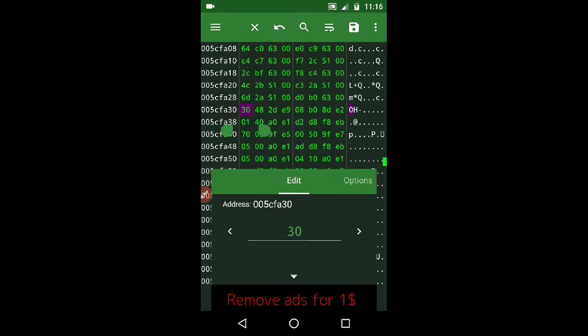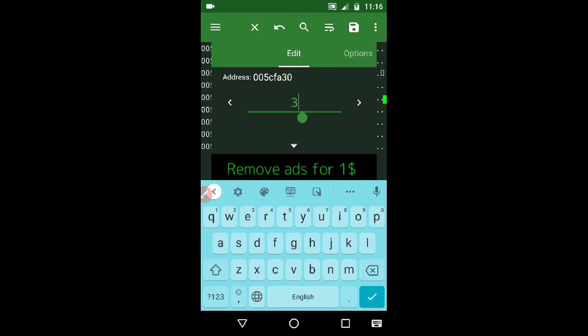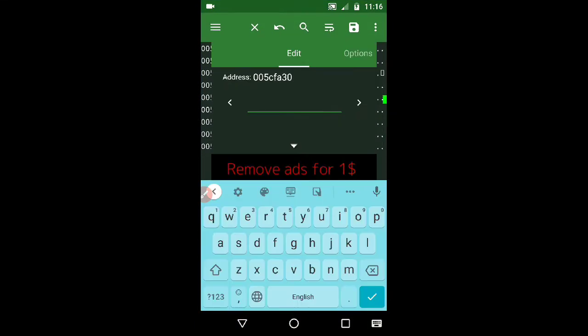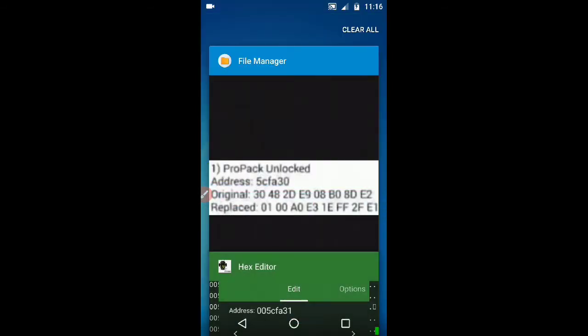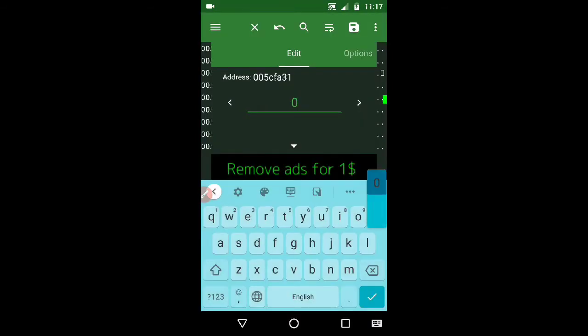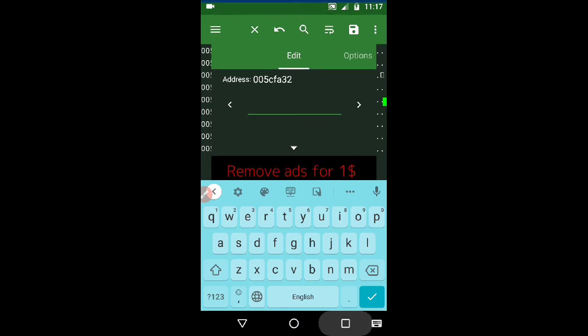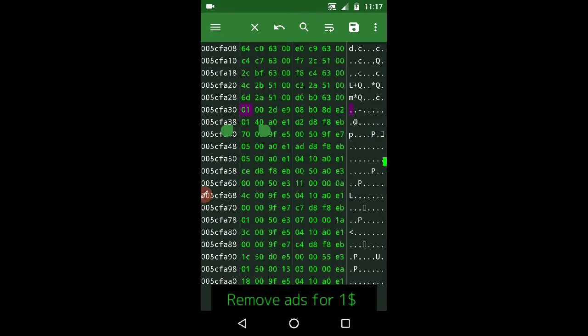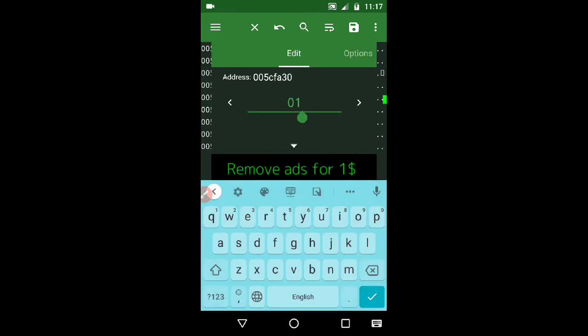Click on this and click on the cross button to rename it, and then type the next code, 01, and then click on this arrow to replace the other files. Rename it 00. A0. You need to replace 2D with A0.